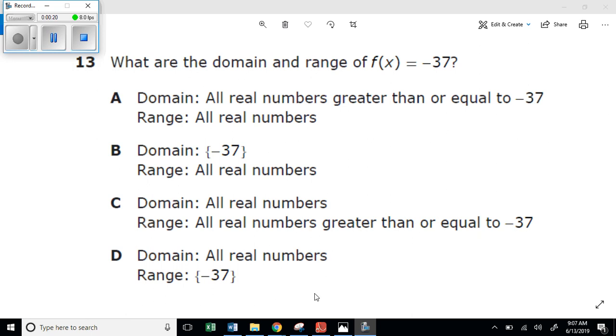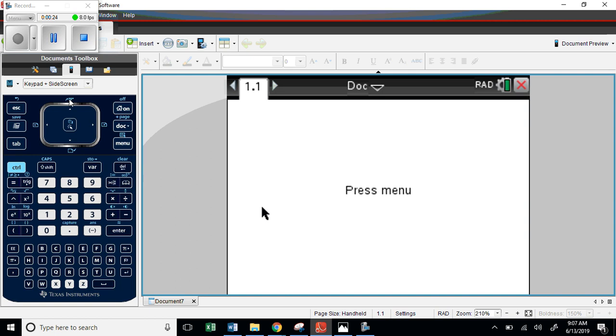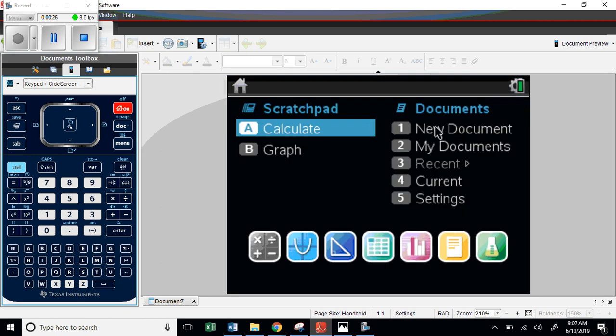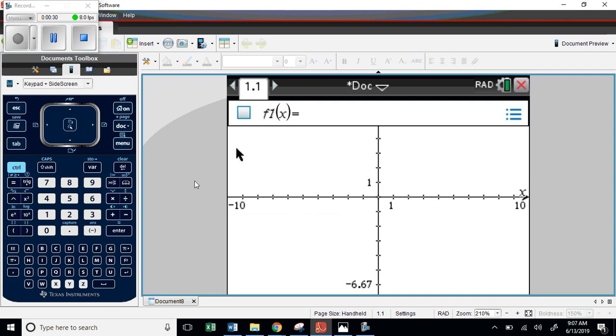So let's go to our calculator. Since it's given us an equation, why don't we graph it? Come over here, new doc. We do need to go to, and you can see it's already in function notation. It's a negative 37. Make sure you pull the negative sign and not the minus sign. So as we graph it,